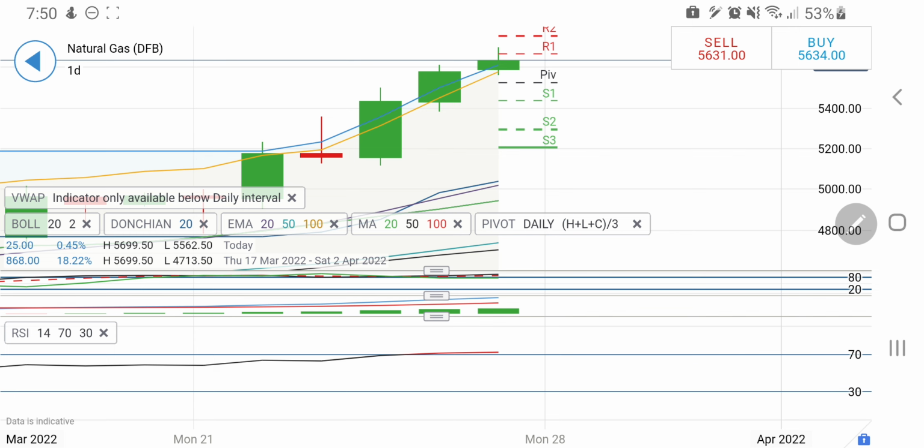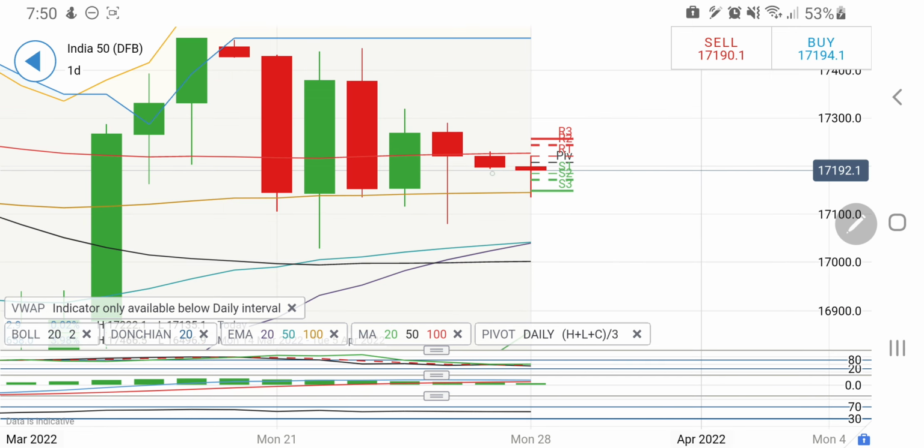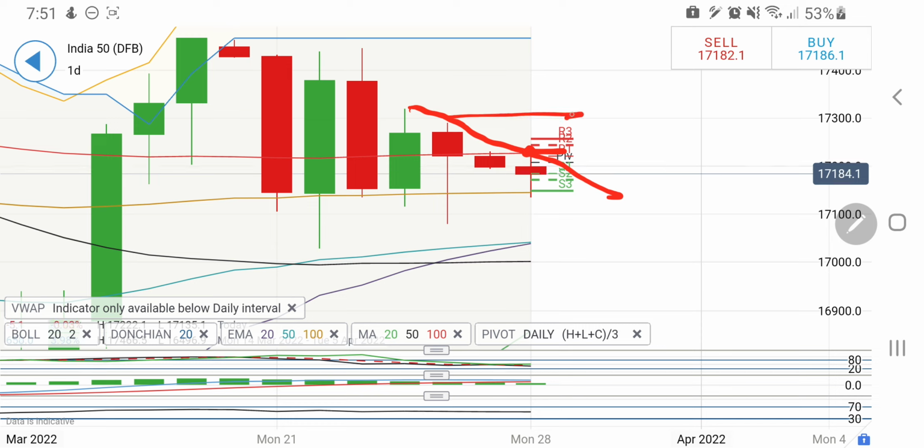Now let's have a look at Nifty. So this is the daily chart for Nifty, and you can find that this is also the 100 period moving average, and this is also the resistance zone from the chart side. 17,250 levels is a good resistance, beyond which 17,300 should come into the picture. I'll recommend only a long entry beyond 17,250 and 17,300 levels. So once it breaks 17,250, then you can expect 17,280 and the 17,300 zone.